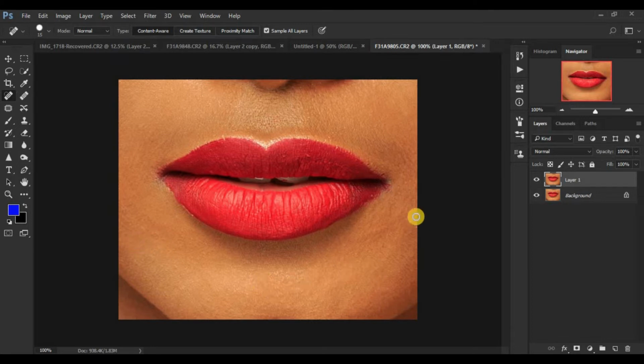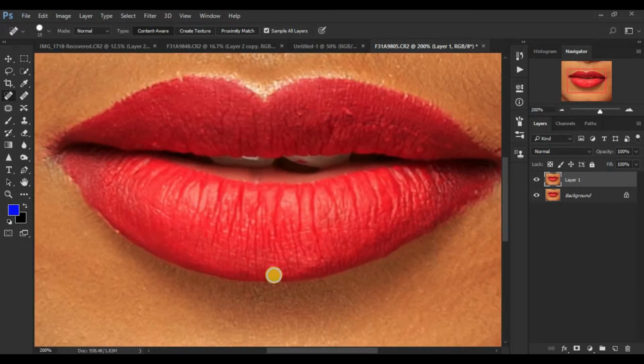So you shouldn't mind if you have missed out on some blemishes, because after this we are going to be doing a little bit of frequency separation for the skin. So I now want to clean up the surrounding area. That's why I had to zoom in all the way, because I want to clean up these areas too around the lips. So just dab over